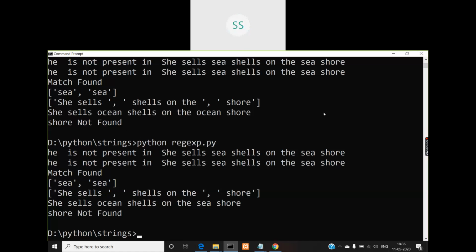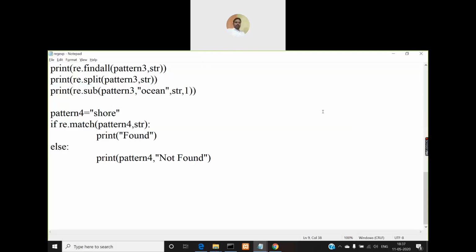So we have to see some more things. We'll see one more program tomorrow. Additionally, apart from the 5 predefined functions that we have, the match function, the search function, findall, substitute function, and split function, which are part of the regular expression module, we also have something else. They are not functions, but they are called special sequences, and the symbols used in creating some regular expression patterns which can be used in real-time applications.